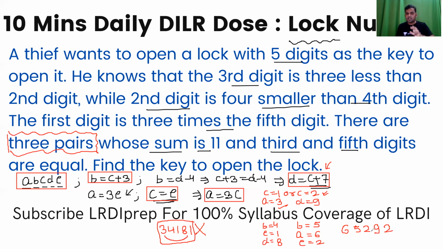Now, if you look at this log number, the summation of 6 and 5 is 11. The summation of 2 and 9 is 11. And the summation of these 2 digits is also 11. So we have 3 pairs representing the sum as 11. These pairs are A plus B here, right? You can check A plus B is 11. You can also see that C plus D are also 11, and D plus E are also equal to 11. So in this case, I have three pairs representing the values equal to 11.